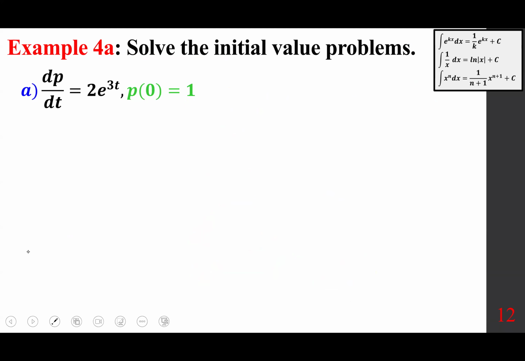Solve the initial value problems. dp/dt is 2e to the power of 3t, and p of 0 equals 1. Please understand, this is an extra piece. We're going to discuss that in a moment. But for now,